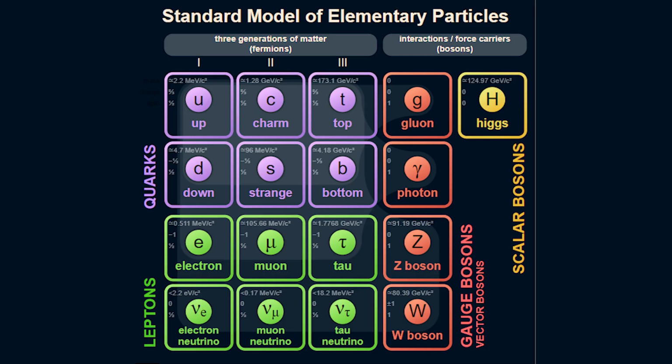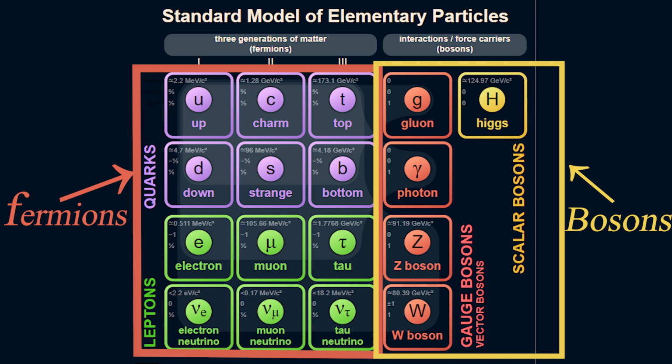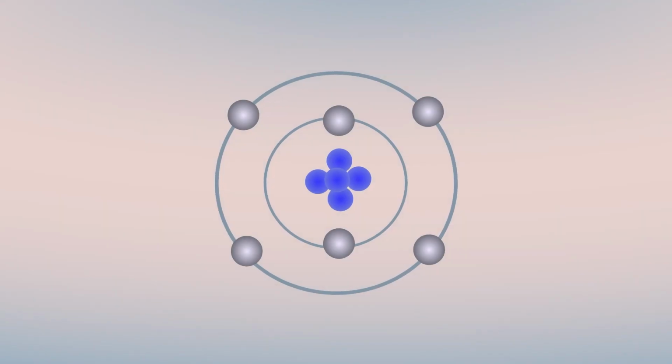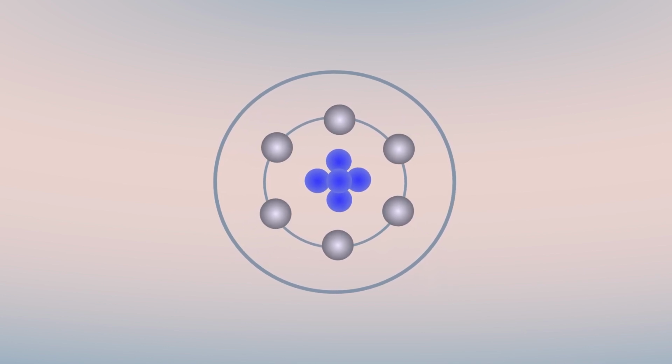Elementary particles are categorized as fermions and bosons. Now remember this, fermions have a half integer spin and bosons an integer spin. Now electrons are fermions. That is why every shell of an atom has a limit of electrons that it can hold. But if they had been bosons, they could all cluster at the lowest shell to have the lowest energy